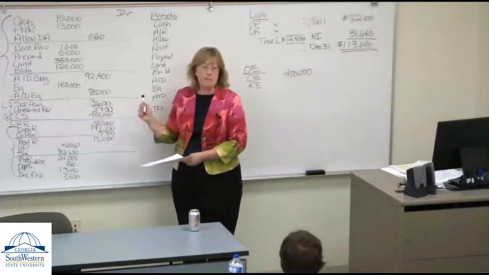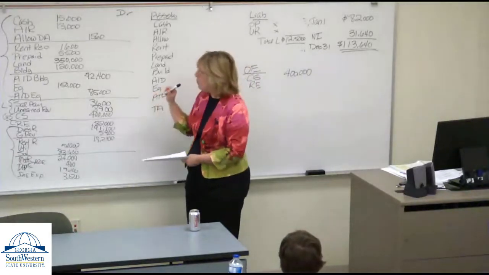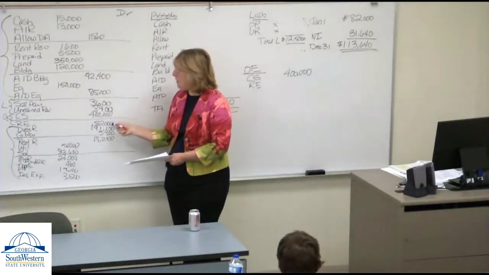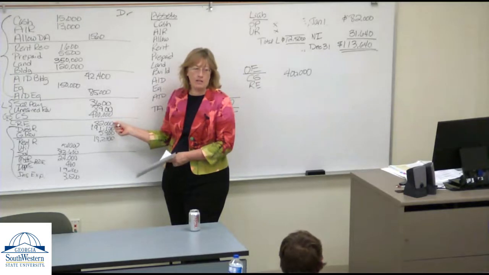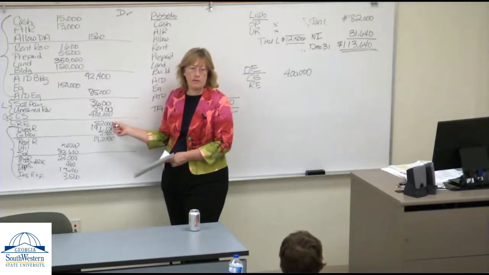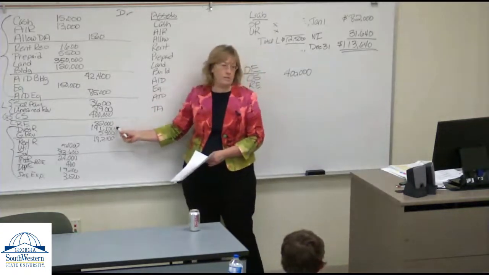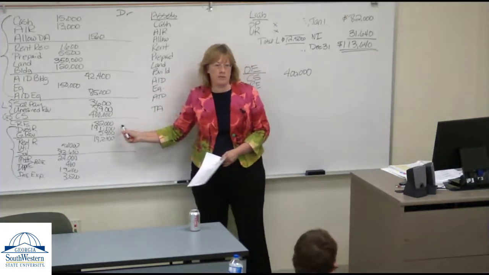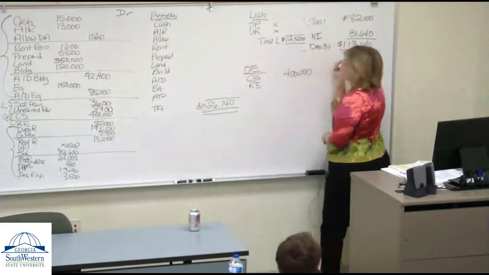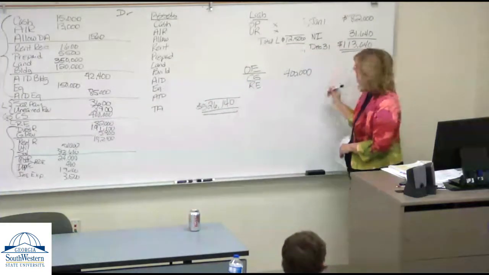Look at here. Now, this is a problem. Everybody pay attention to this. What is our retained earnings? Over here, it says our retained earnings is $82,000. Is this our number? No. Do not fall into this trap. We're not using this number again. We're going to go to this number that we calculated over here, and it's